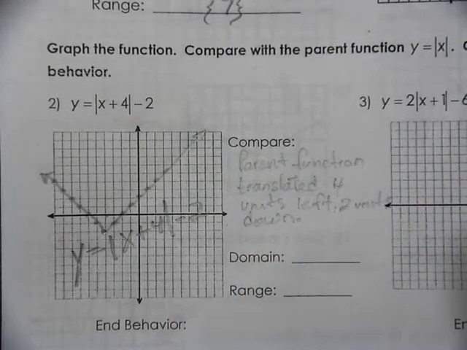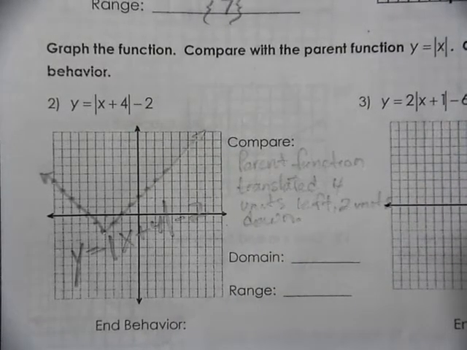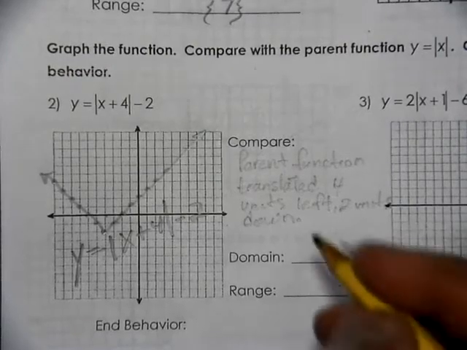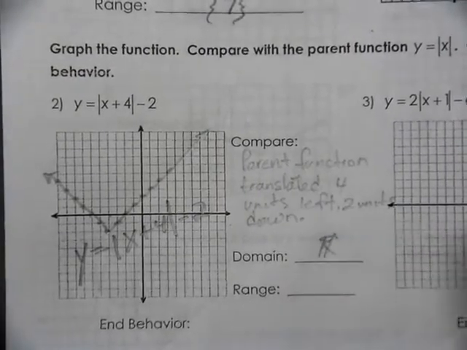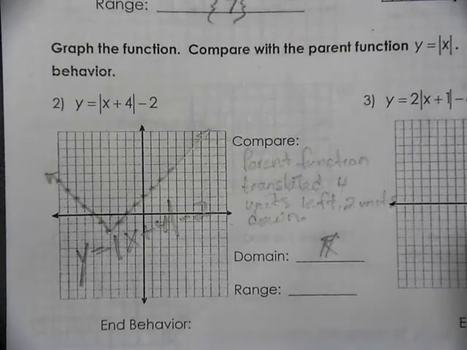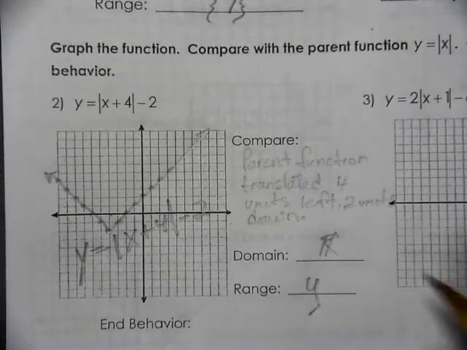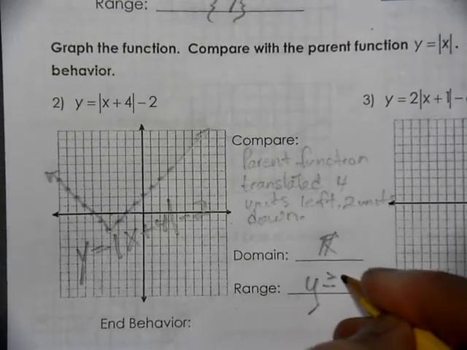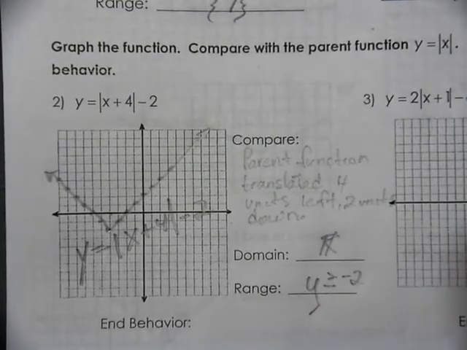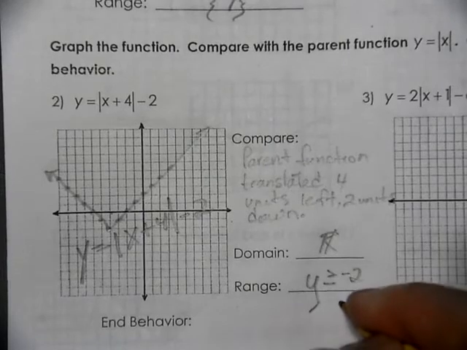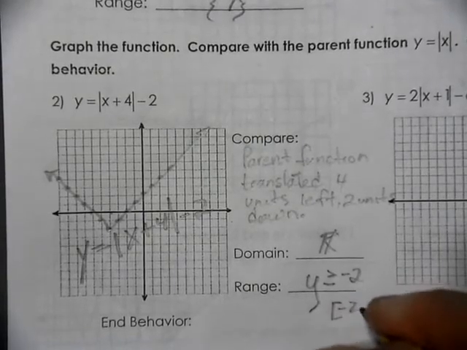There is no reflection, there is no stretch, just a translation. The domain for absolute value is always all real numbers, and the range is always from the k value. And in terms of interval notation,